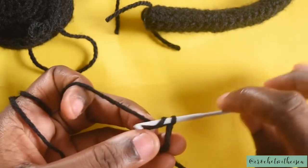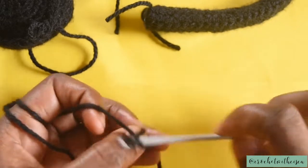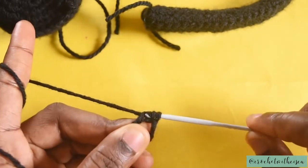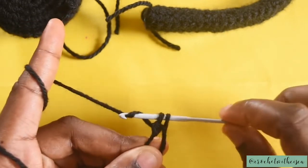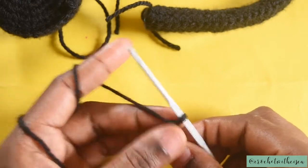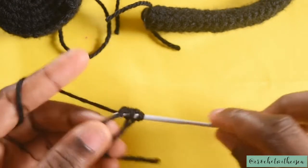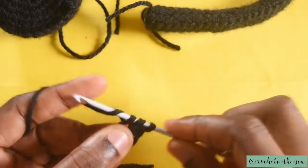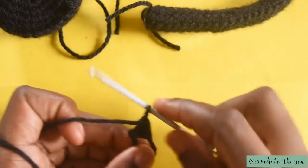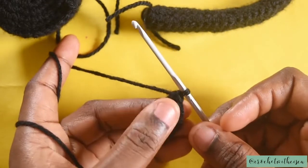So I'm going to yarn over, insert my hook into that circle, pull my yarn through, yarn over and pull through 2 loops, yarn over again and pull through 2 loops. So right here is my first double crochet stitch. I'm going to do this one more time. I yarn over, insert my hook, pull my yarn through, yarn over, pull through 2 loops, yarn over again and pull through 2 loops. So I'm going to do this 10 more times,